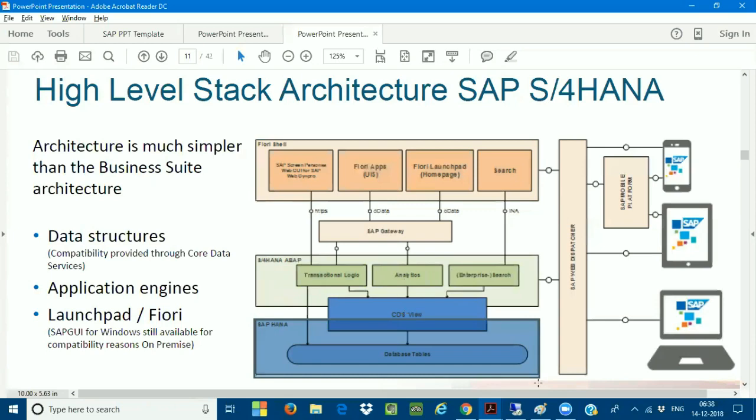Very, very important. Now, this database is nothing but your HANA database. On top of your HANA database, there is one more layer, called CDS views. What are CDS views? CDS stands for core data services. We have one class on core data services where I'll explain what CDS views are. There are two types of CDS views: one is called ABAP views, and the second is called HANA views. HANA views are going to be developed.